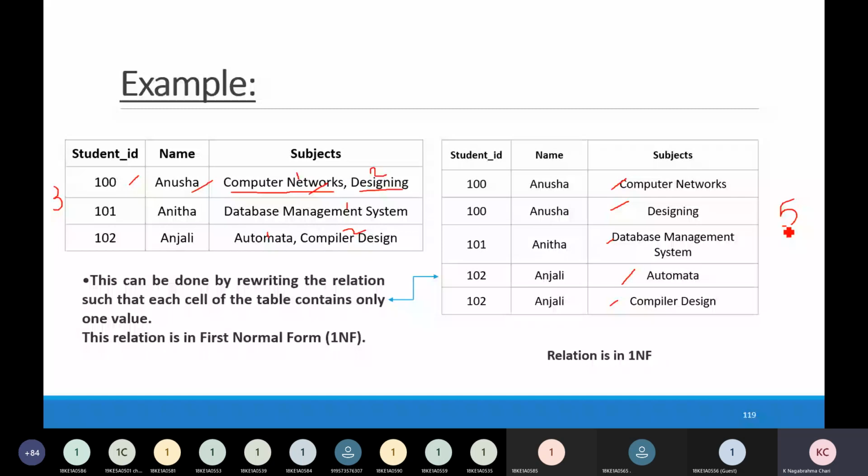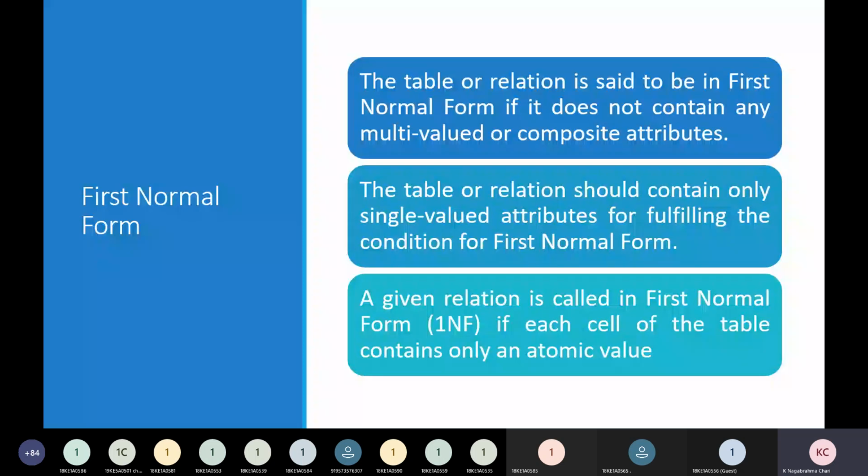See here, what is the first normal form? A table or relation is said to be in first normal form if it does not contain any multi-valued or composite attributes.